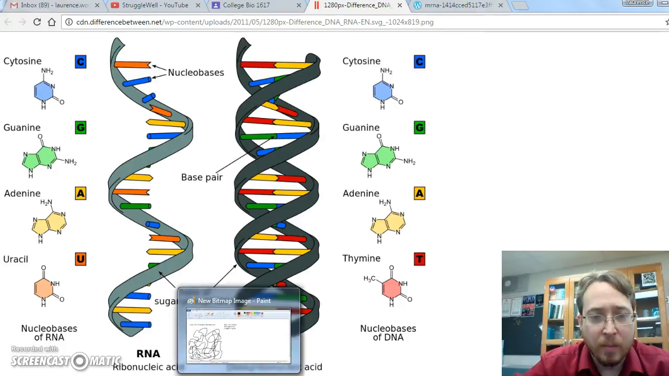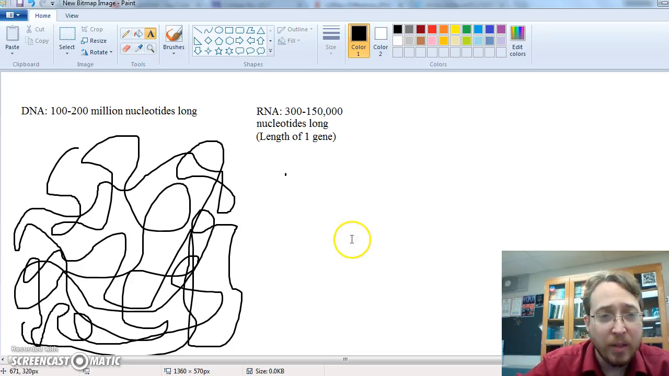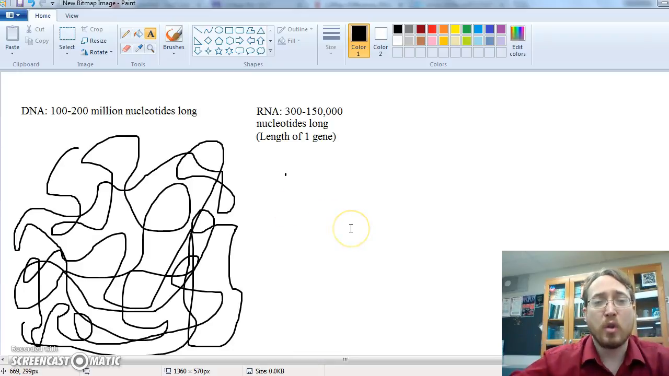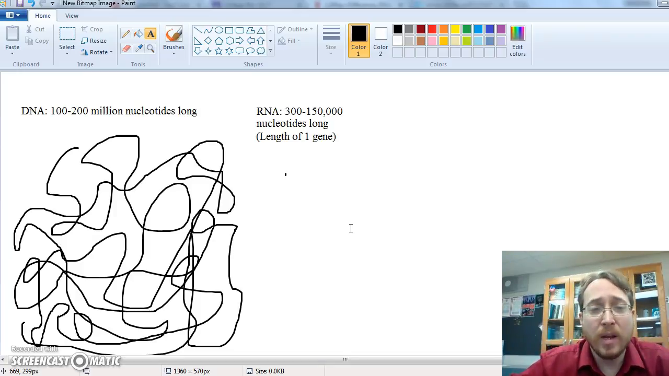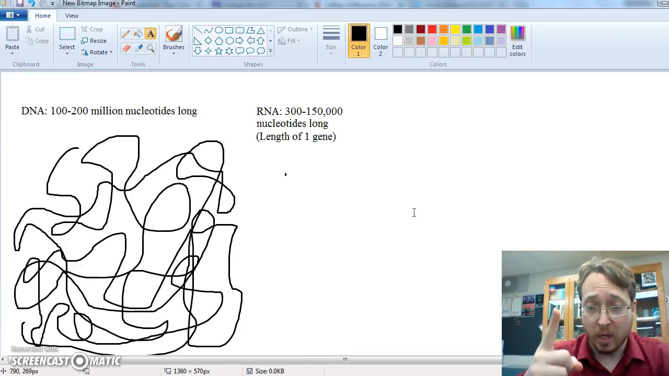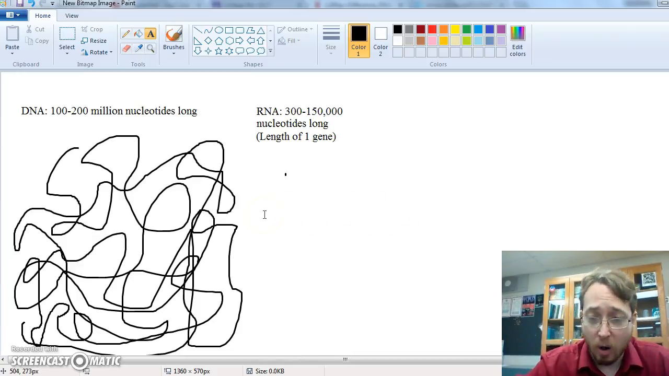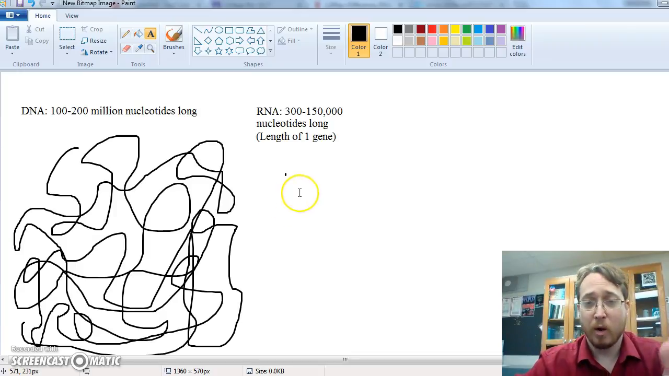Another difference between them is their function and their length. DNA is 100 to 200 million nucleotides long. It's a very long molecule, and we have many strands of DNA, but amongst those many strands hold our 20,000 genes, whereas RNA is only about 300 to 150 nucleotides long, and that would be the length of one gene, and that's because DNA contains all the genes of an organism, and RNA is a copy of